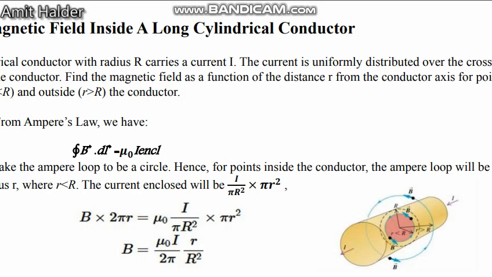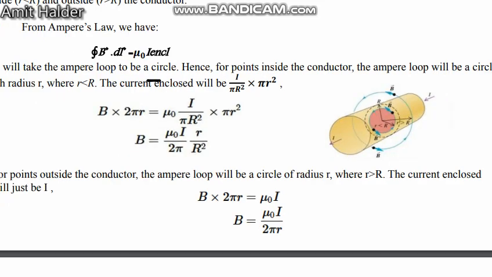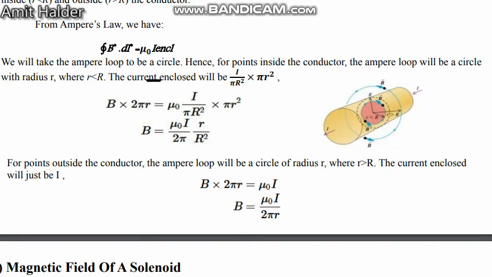and after that you will take the Ampere loop to be a circle, hence for points inside the conductor, the Ampere loop will be a circle with radius r. If r is less than R, meaning the bigger R is the total radius and the smaller r is the interim radius, then inside the conductor the Ampere's loop will be a circle with radius r, and r is less than R. The current enclosed will be this,